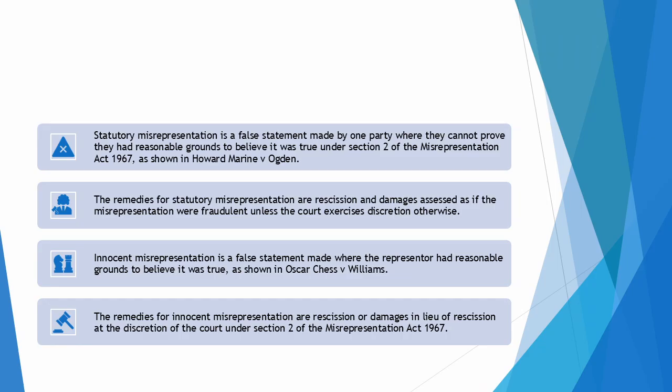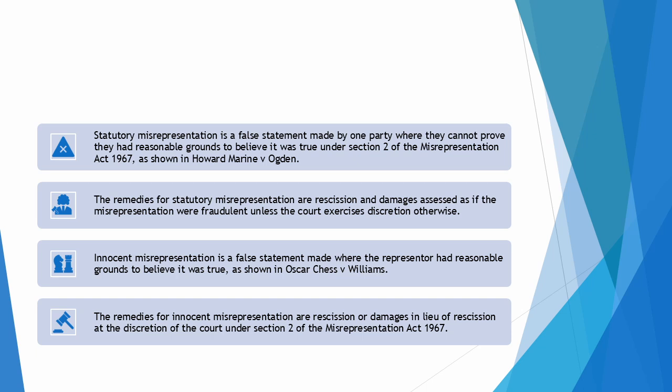Statutory misrepresentation is a false statement made by one party where they cannot prove they had reasonable grounds to believe it was true under Section 2 of the Misrepresentation Act 1967, as shown in Howard Marine v. Ogden. The remedies for statutory misrepresentation are rescission and damages assessed as if the misrepresentation were fraudulent unless the court